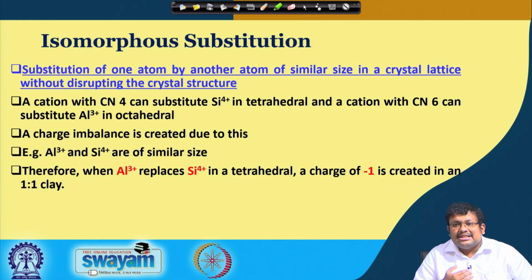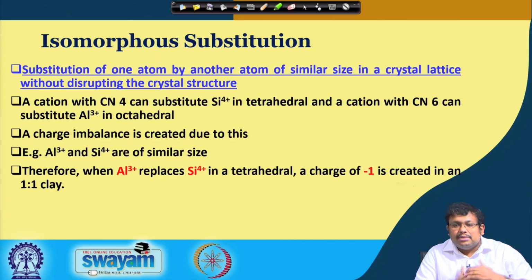That means we are reducing the positive charge, or in other words, we are increasing the negative charge development. Okay. So, this charge imbalance basically develops due to this isomorphous substitution,